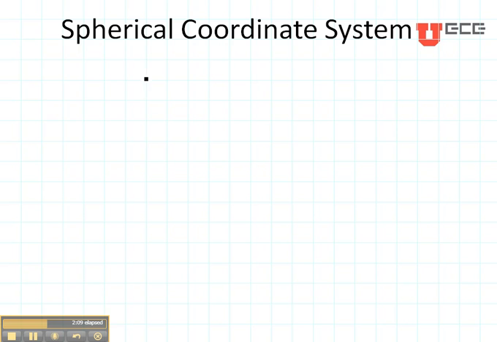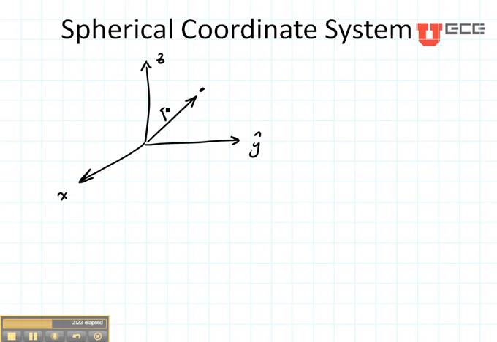The spherical coordinate system, let's again draw my x, y, and z to give us some perspective. The spherical coordinate system is going to have a radius, so here's a point right there. It's going to have a radius r from the origin. This time the radius is not from the z-axis, and you'll notice that I'm using a capital R instead of a small r. It's going to have the same type of phi, which again starts at the x-axis, and then it's going to have a theta term, which comes down from the z-axis.